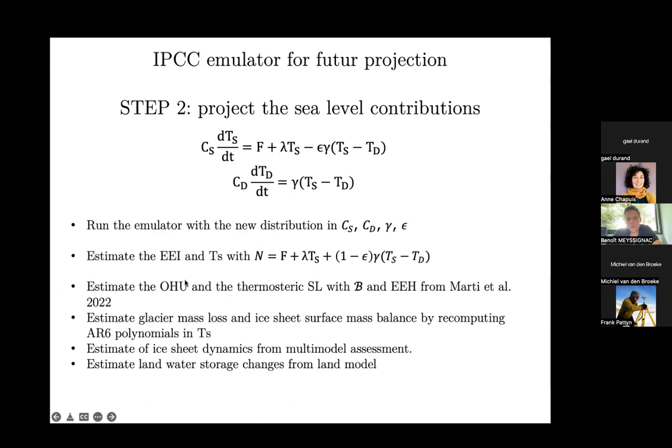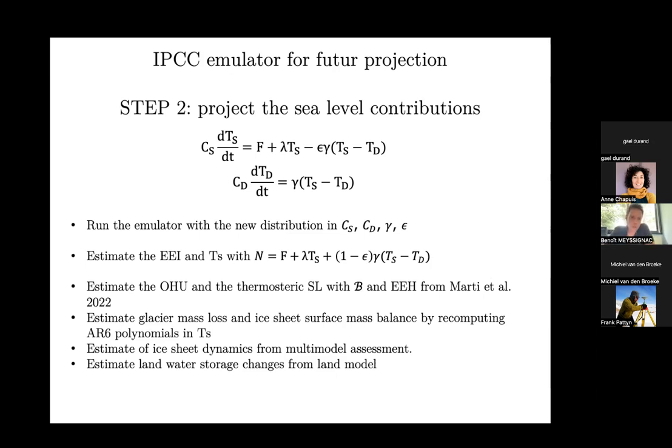And now when they want to derive sea level, they derive the ocean heat uptake into thermosteric sea level using the fraction of energy which is entering the ocean, which is 93% of the energy of the Earth energy imbalance, and using the expansion efficiency of heat to derive the thermosteric sea level. And then they estimate glacier mass loss and ice sheet mass balance changes with polynomials which are fitted on